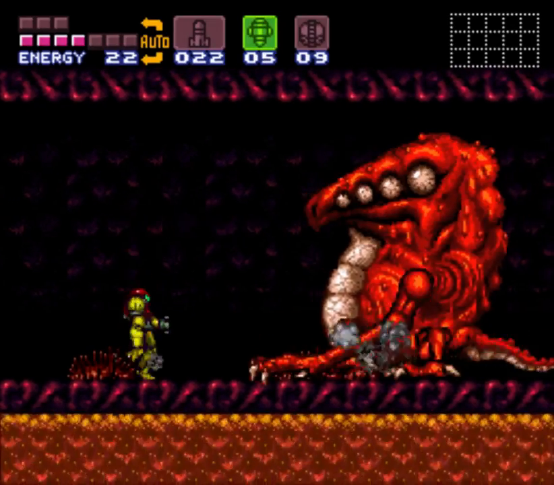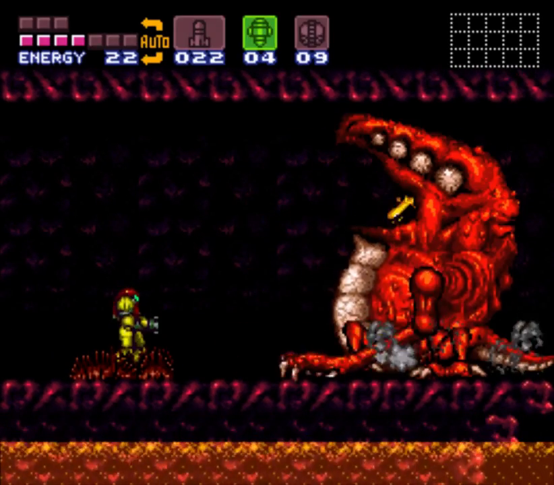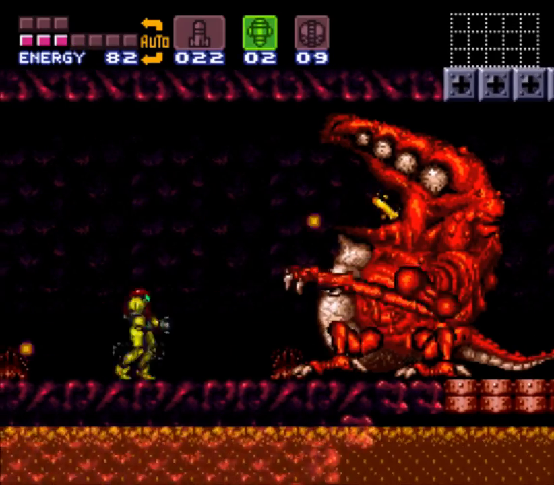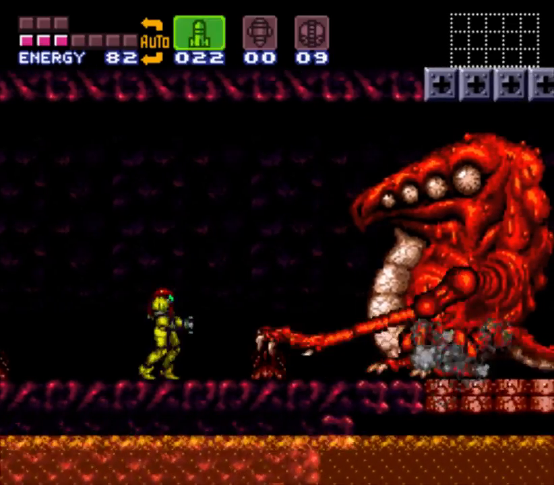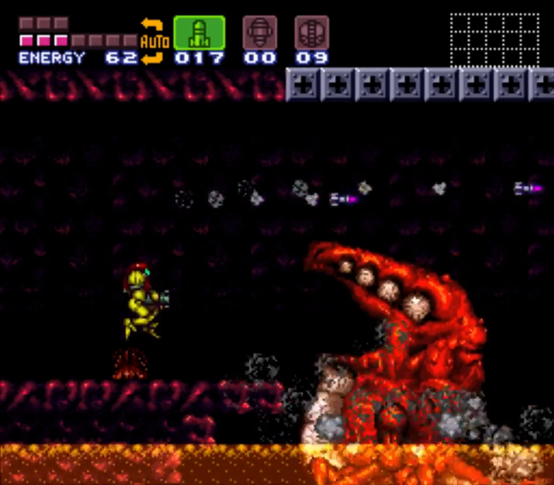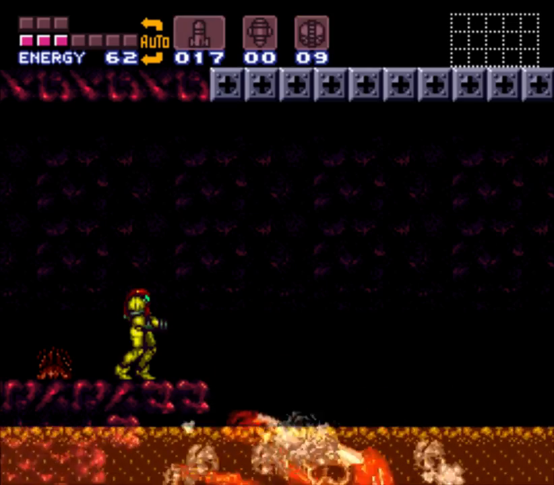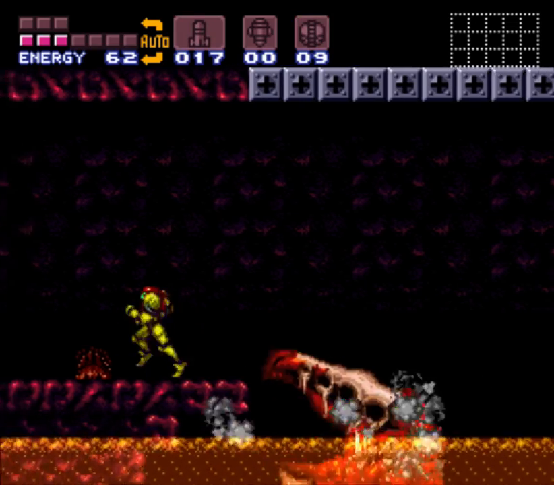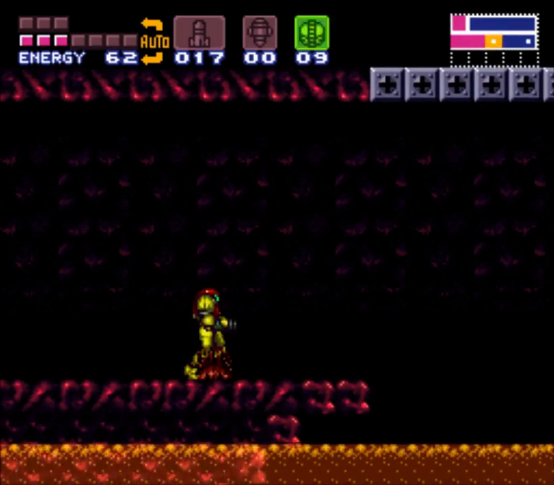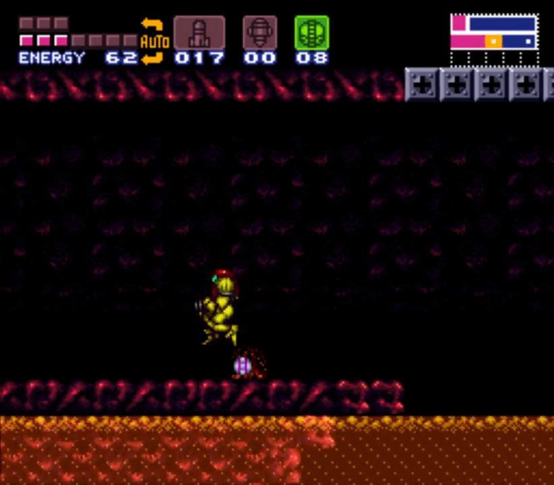Back down, please. So you have to... There's a couple different things that Crocomire could do here, as you can see, and you just kind of have to react. There we go. An item right here, right? Something like here? Oh, I keep...